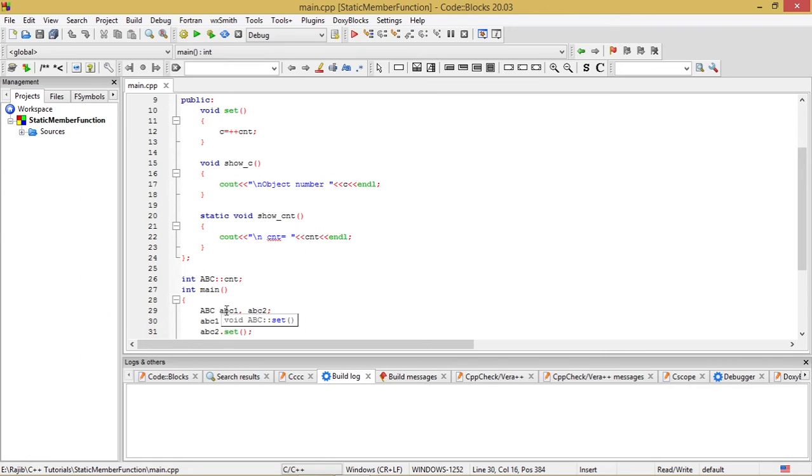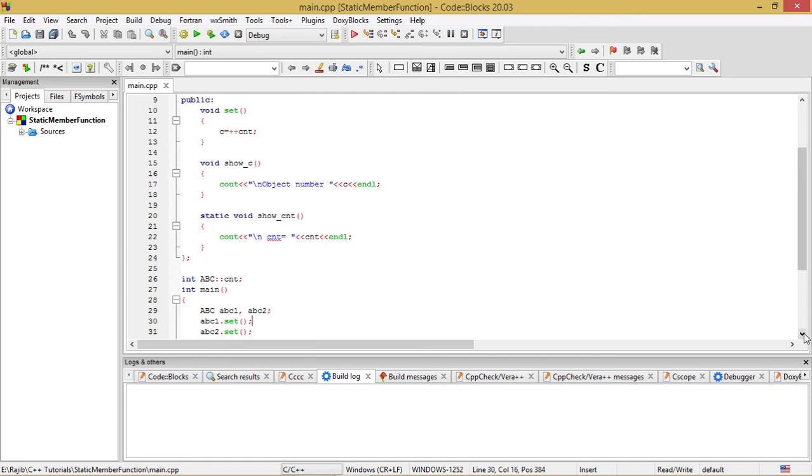The static data member becomes 1, which is being shared by both the objects ABC1 and ABC2, and then ABC2.set increments the CNT value by 1 again and puts it into the member variable C under the object ABC2. So ABC1 has a C value of 1 and ABC2 has a C value of 2.